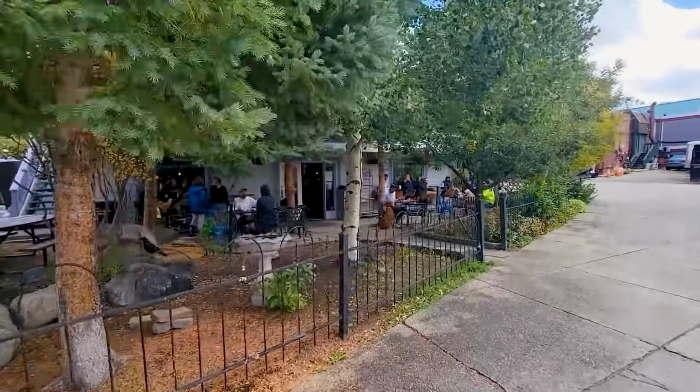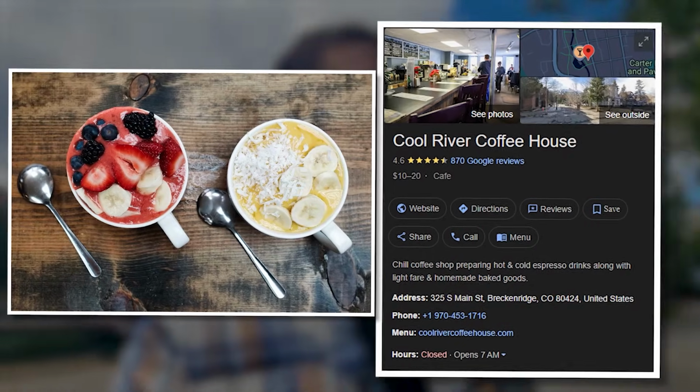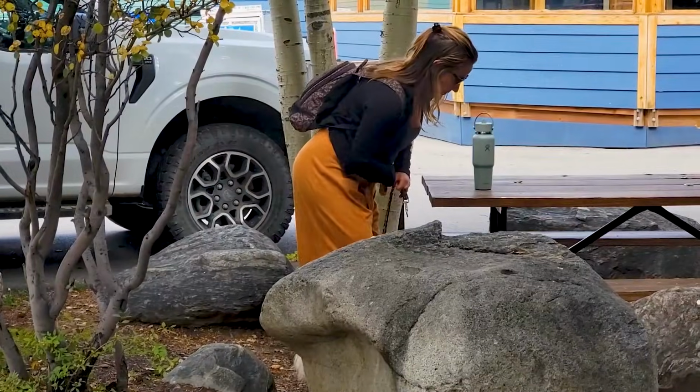So this is Cool River Coffee House. This is a great little local spot, where all the locals go to get a coffee and a sandwich, which we're about to do right now because we are starving. And of course you can bring the doggy and tie him off, which we're gonna do right now. How cool is that? Okay, so we're a little late for breakfast considering it's about 1:45 in the afternoon, but